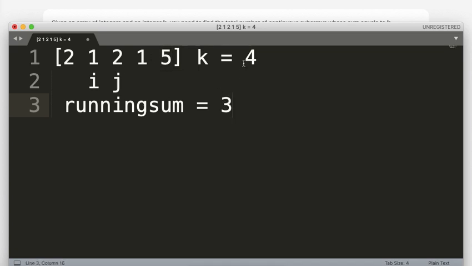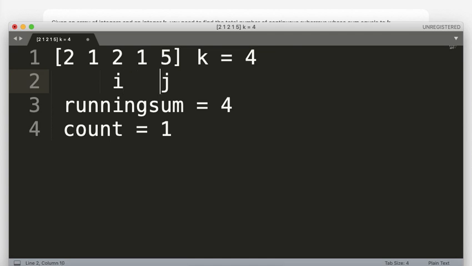And now this 3 is less than 4, right? So I'll increase the size of the window, and now I'll add this element to the running sum, which makes the sum 4. So now 4 equals 4, right? So the count which I had initially set to 0, I make it 1, and again I'll increment.